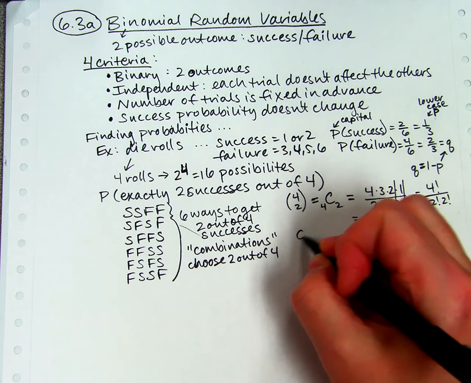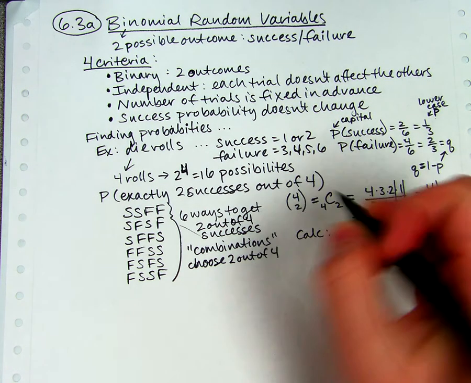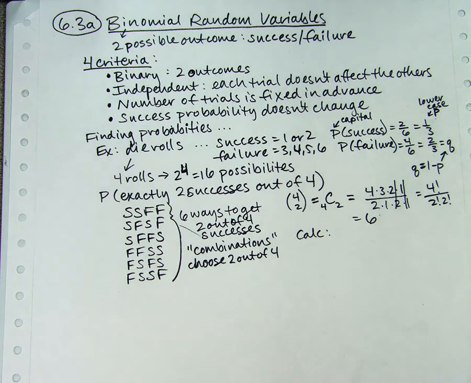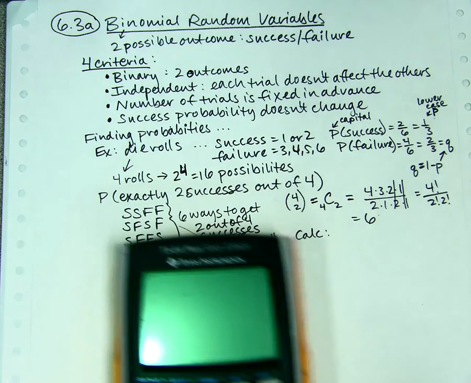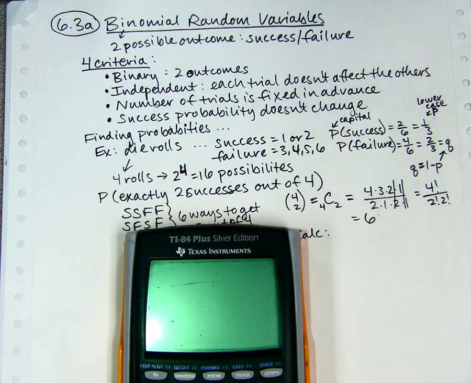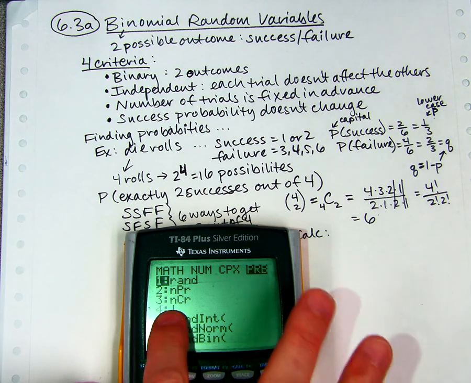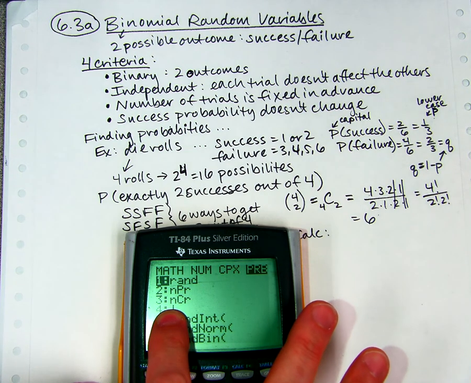Here's how you do it on the calculator, which is what you need to know how to do. And I hope you have a TI 83 or 84, but if you don't, then you need to figure out how to do it on your calculator. Most calculators, at least the better ones, have it somewhere. It's in the math menu. Yeah, math menu under probability, and it's the 3rd one down, except I forgot I need to type my 4